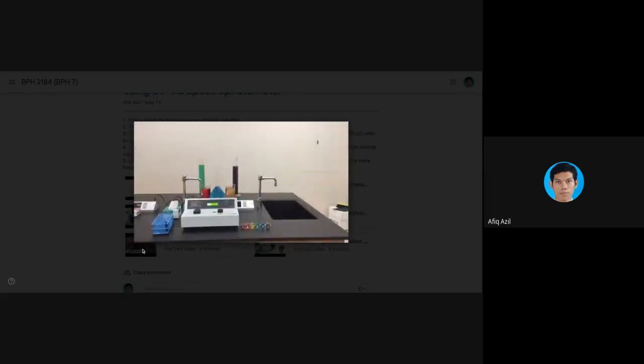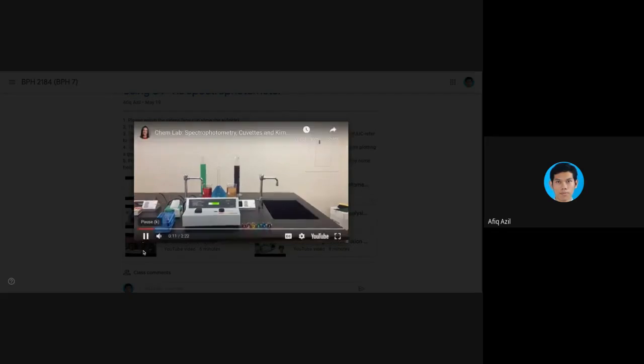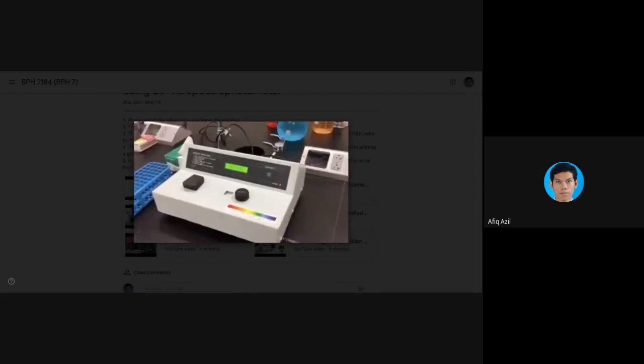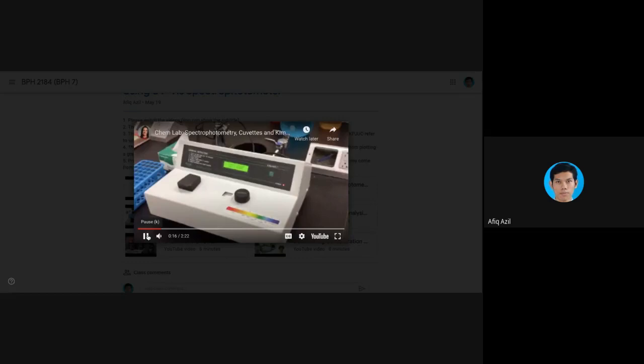Here we have a spectrometer, and today we are going to show you how to use it. The spectrometer is known more commonly as